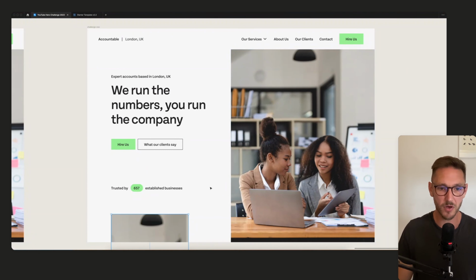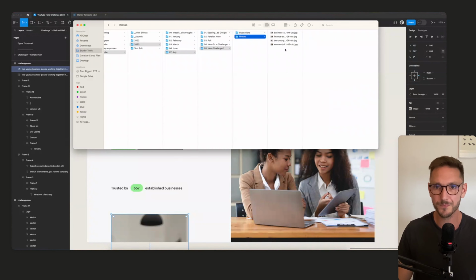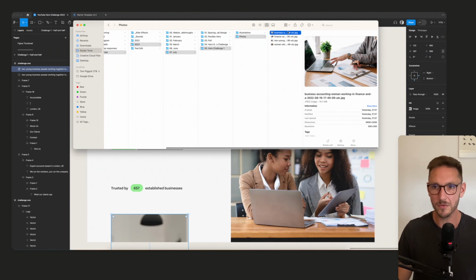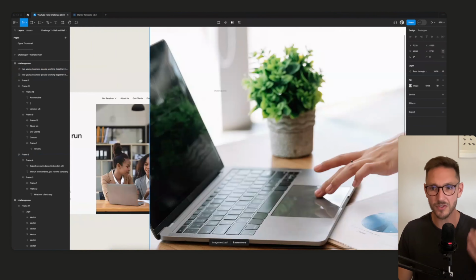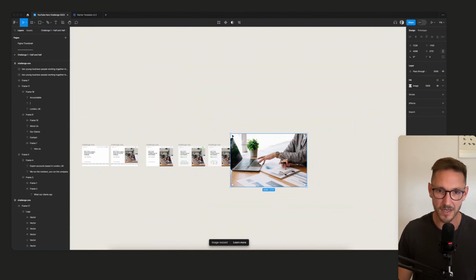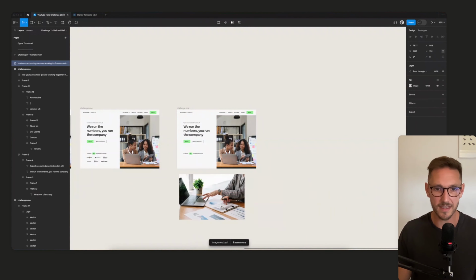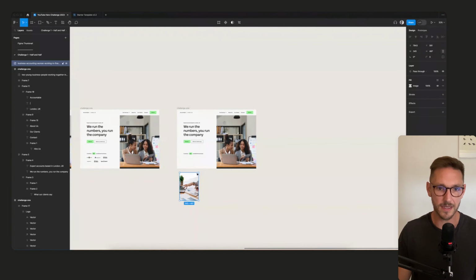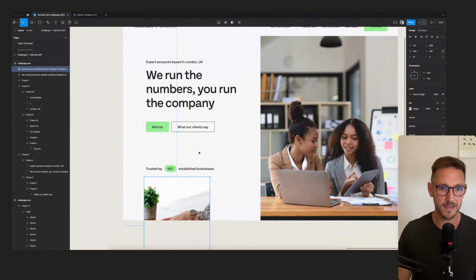So what we can do is we can pop another image in here. Let's see what we got in our little folder. Oh, calculator. So basic. Let's grab this guy. I like the plant. Why not? And again, we would just kind of throw these images in and we'd say to the client, hey, what if, you know, share your images with us and we'll sort it out. So I think let's get this guy in like this.